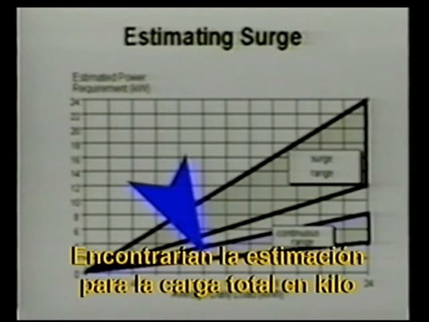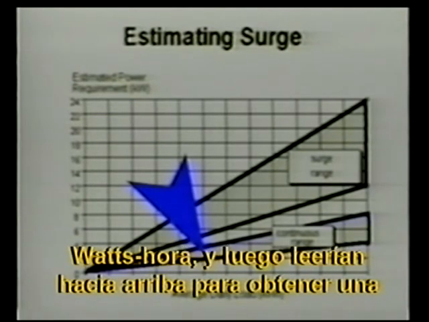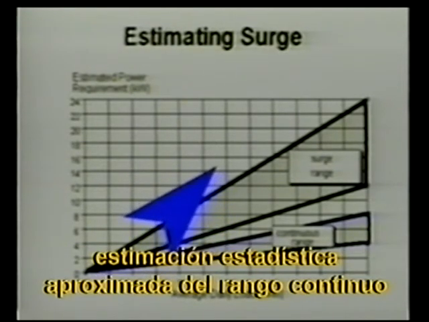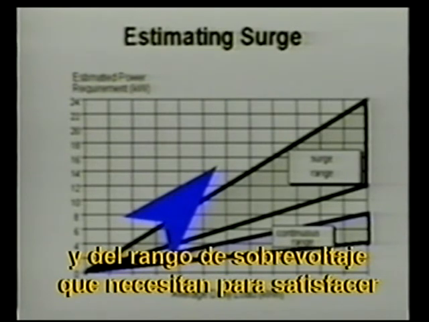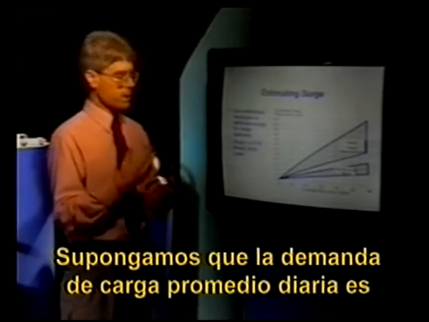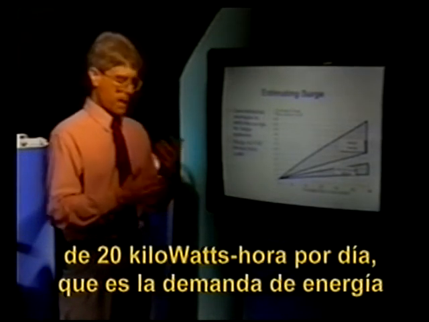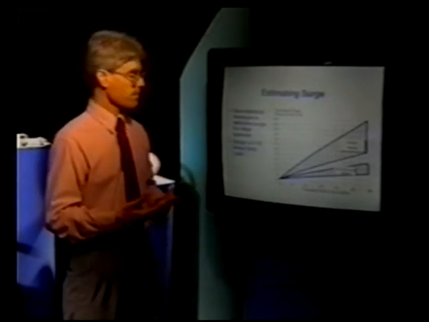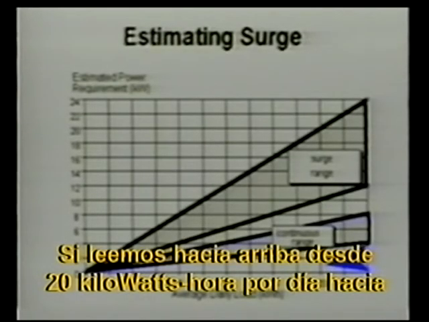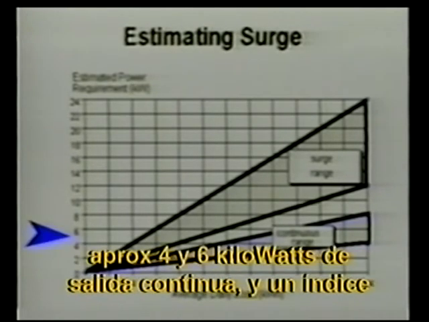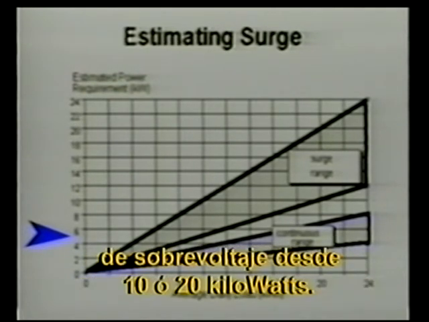You'd find your estimation for your total load in kilowatt hours, and then read up to get a rough statistical estimation of the continuous range and the surge range that you'd need to meet those loads. What if our average daily load, our 24-hour load demand was, let's say, about 20 kilowatt hours a day, which happens to be pretty close to the average energy demand of a typical American home? If we read up from 20 kilowatt hours a day into our continuous range, you see that you need an inverter that's roughly between, let's say, 4 and 6 kilowatts, continuous output rating, and a surge rating of anywhere from between